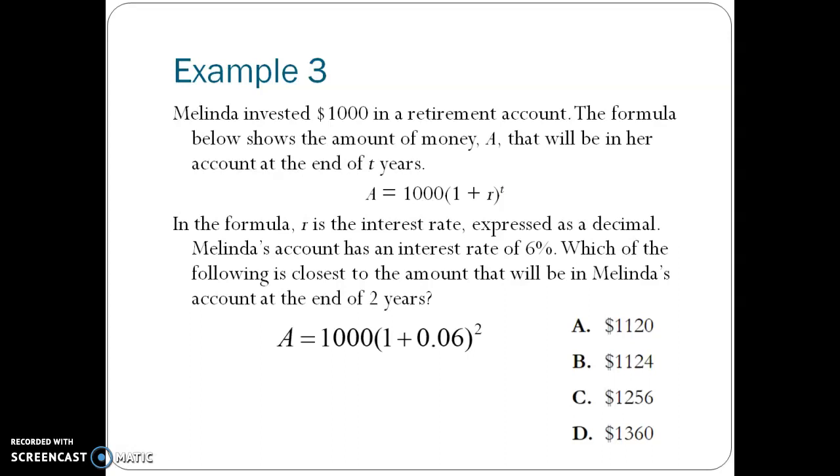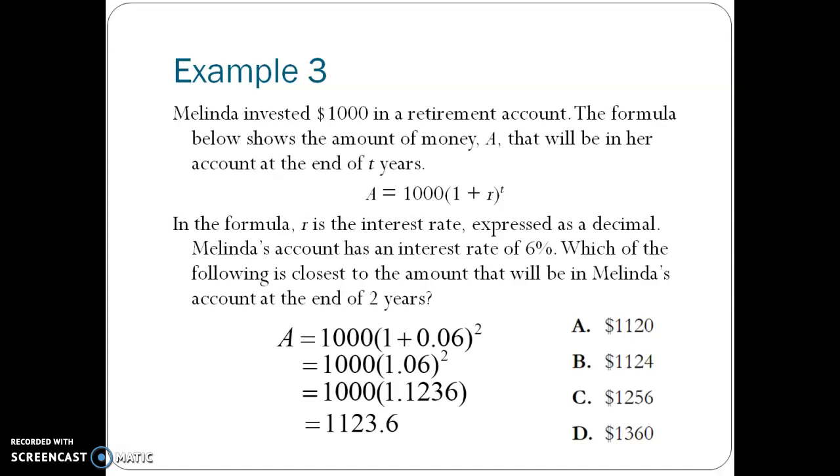All right, now we follow order of operations. So inside the parentheses, we'll go ahead and add that together. So that's 1.06. Next, we deal with the exponents. So we're going to square 1.06. And then we can multiply by 1,000. And that's going to be